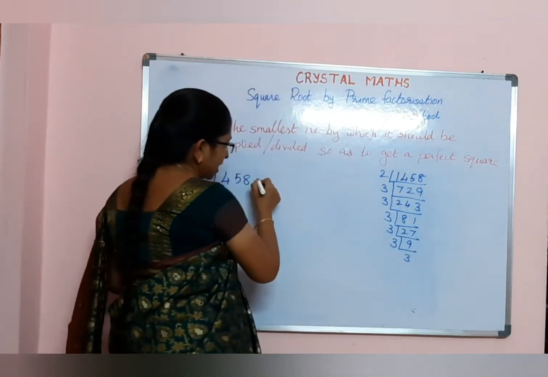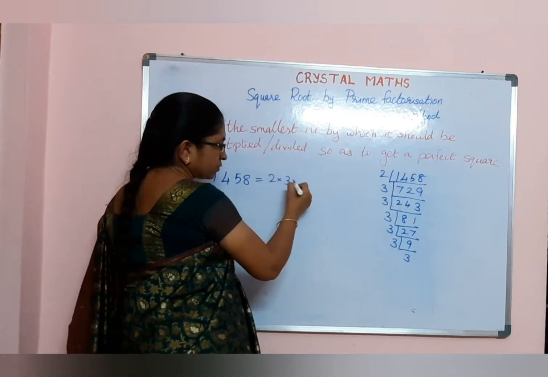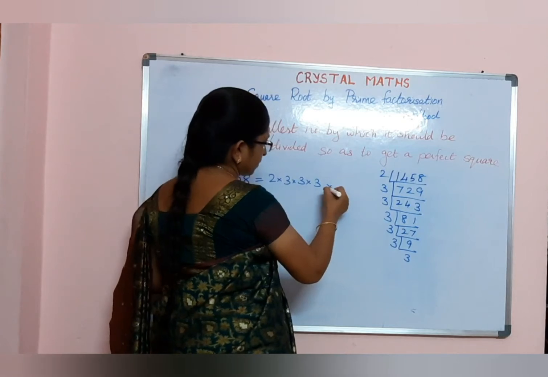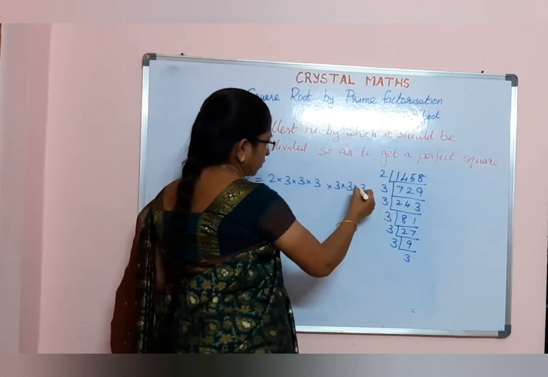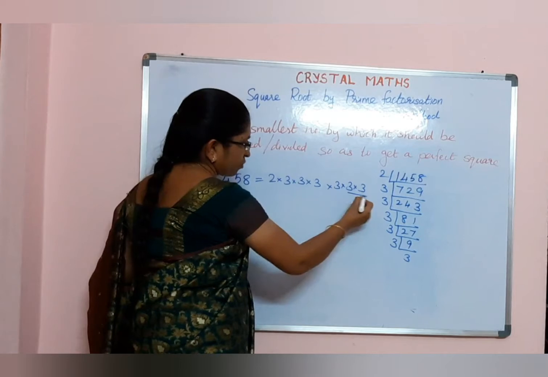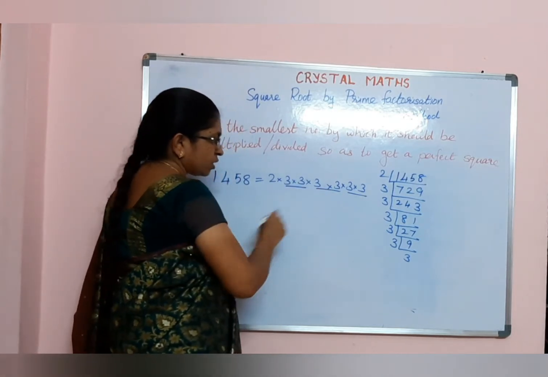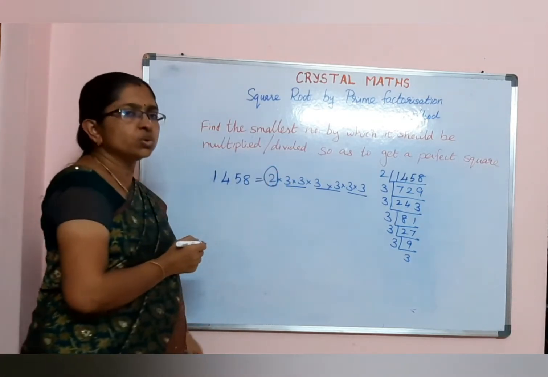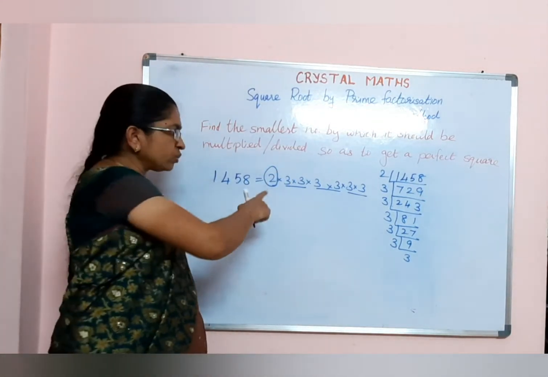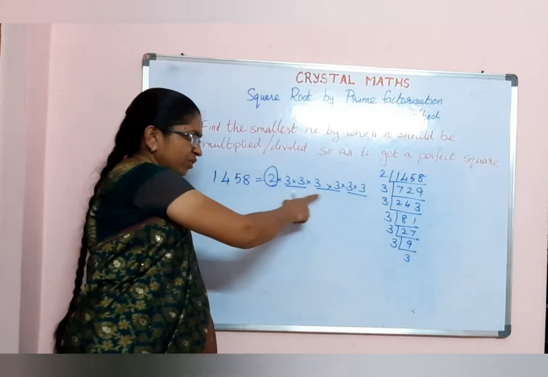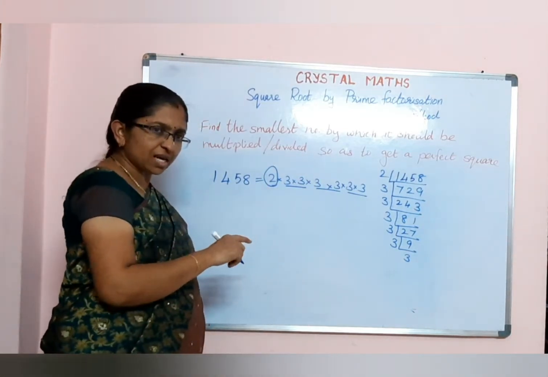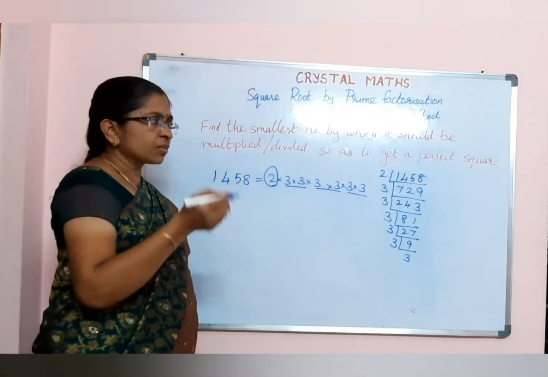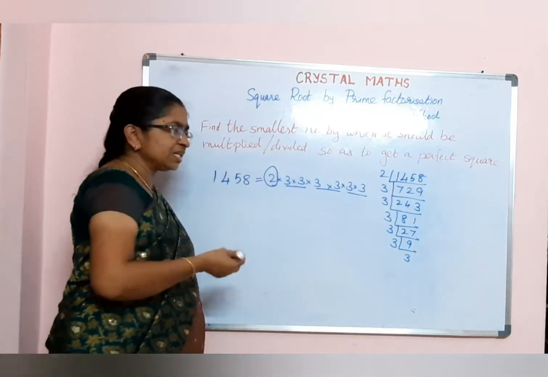Now, write down the numbers in product form. Underline two numbers as a pair. Make sure they are the same number. Now here 2 is left over without a pair. So 2 is the answer. Either if we multiply 2 on both sides, we get a perfect square, or if we divide by 2 on both sides, 2 will get cancelled, and we will get a perfect square. So whichever it is, 2 is the answer.